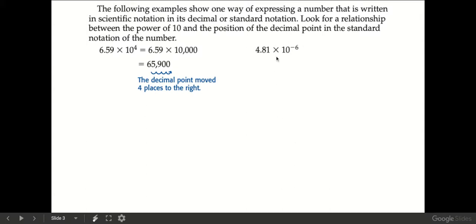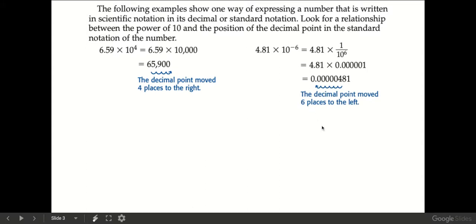So I have 4.81 times 10 to the negative sixth power. Again, think about what we talked about in the last lesson. What do negative exponents actually mean? Negative exponents don't mean negative numbers. They refer to reciprocals. So 10 to the negative sixth power can be written as 1 over 10 to the sixth power. If I calculate this out, 10 to the sixth power would be a 1 with 6 zeros in it. So 1 divided by that would give me 0.000001. And if I take that decimal and multiply by 4.81, that's going to give me